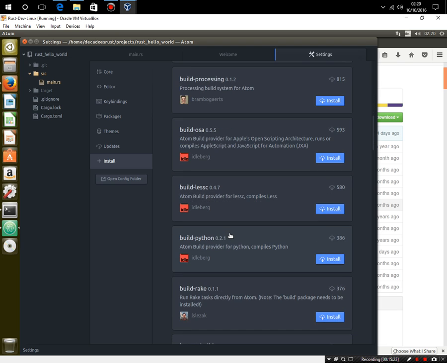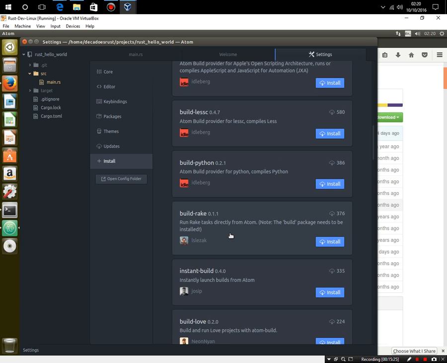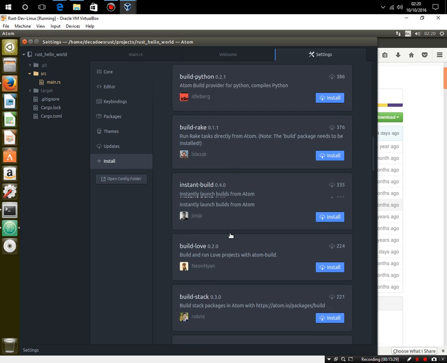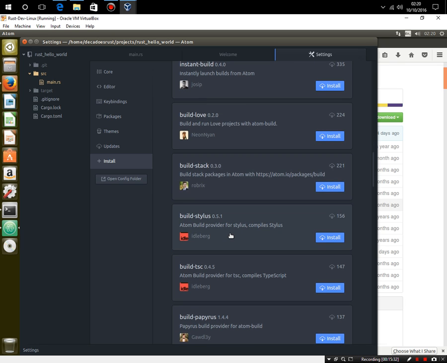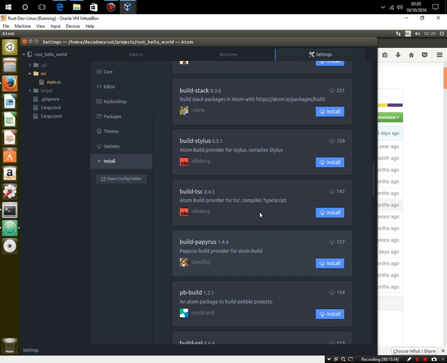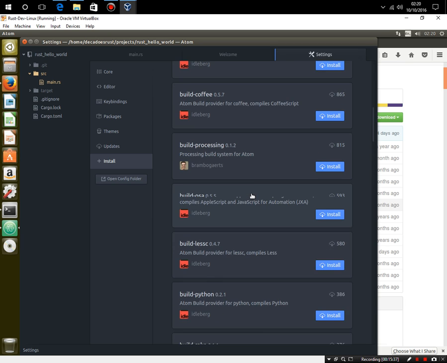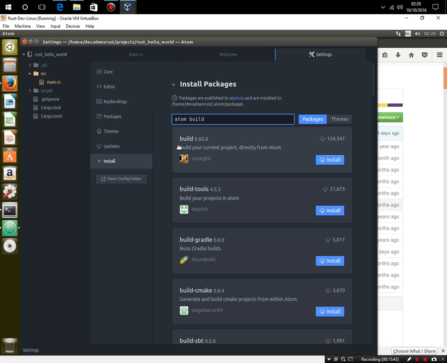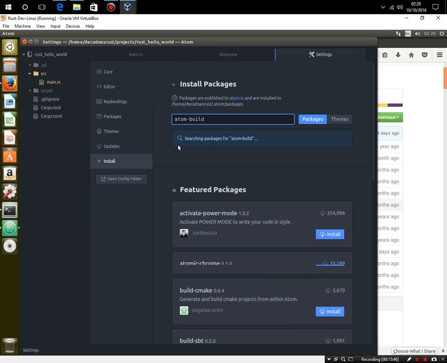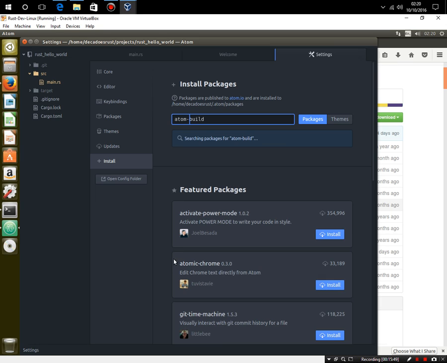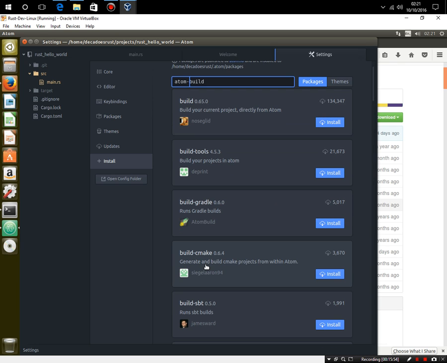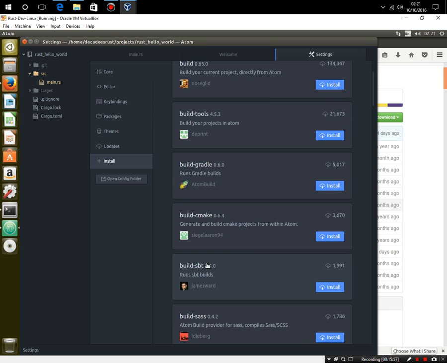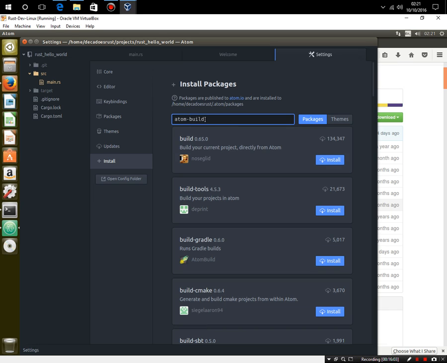Oh, so many different ones here, just nothing to do with build stack, build stylus. I'm going to have to put the dash in there, I think, when searching, because it seems to have done build and ignored the fact that I put atom as such. So I'll actually put the dash in and see whether that works better. Atomic chrome. That's not a lot of use. Okay, I think I'm going to actually